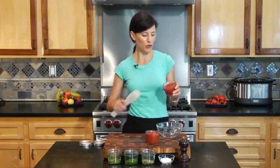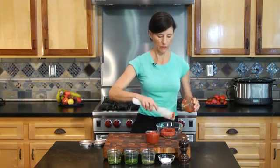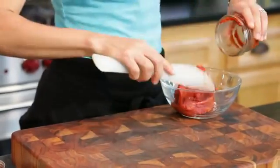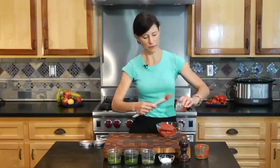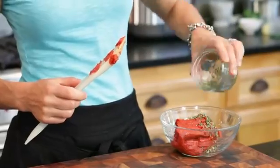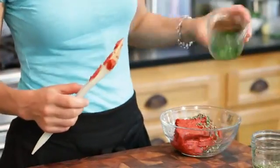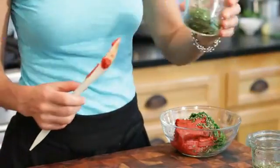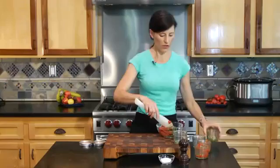So all I'm going to do is take my tomato paste and put it in a medium-sized bowl. And then I'm going to add my assortment of fresh herbs that I've chopped from my garden. So I've got a little bit of rosemary, fresh chopped, some parsley, and some fresh basil. So all I'm going to do is just incorporate